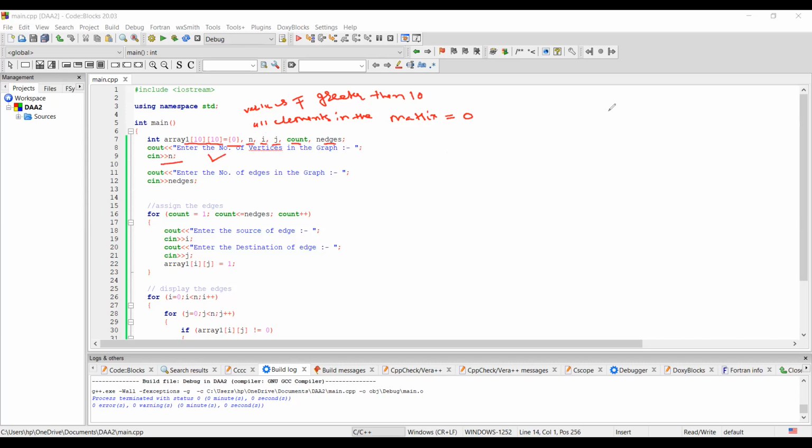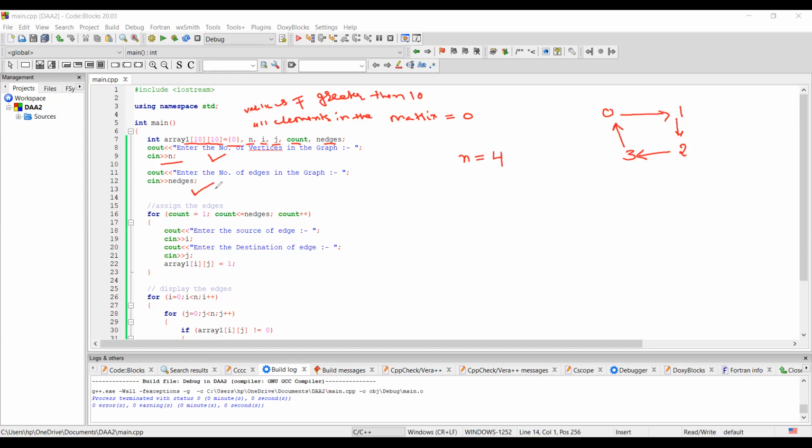Now let us suppose we want to create a graph like this. So this is the graph that we want to create. How many vertices are there in this graph? n is equal to 4.